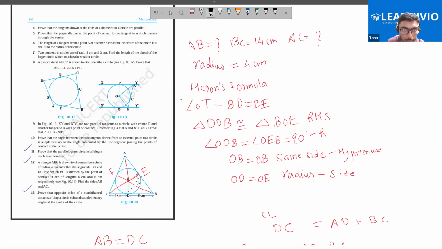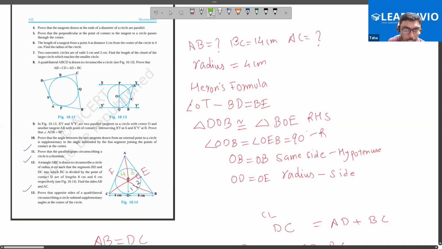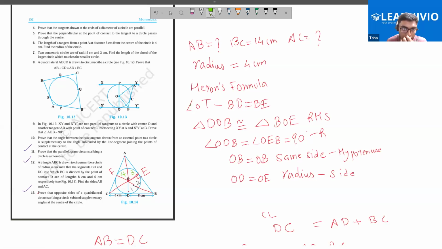1 and 2 are the same, right? And then 3 and 4 will also be the same. Can we say that? Because AF will be equal to AE, and AO is the same side, and then OF and OE will be the radius, right? This is the case. And then the other pair would be